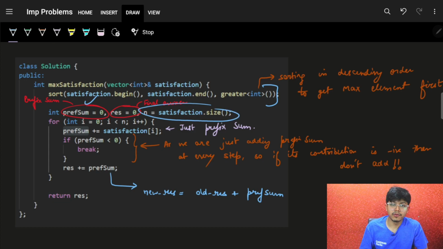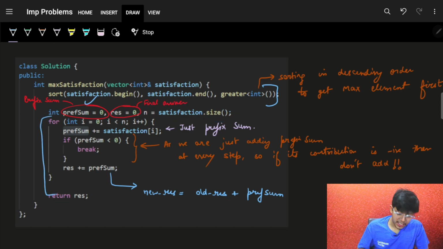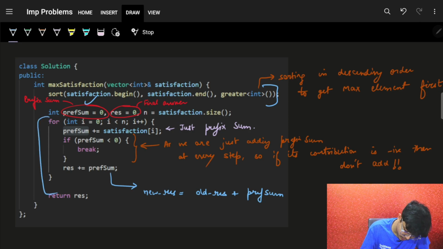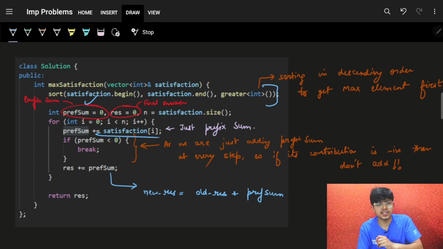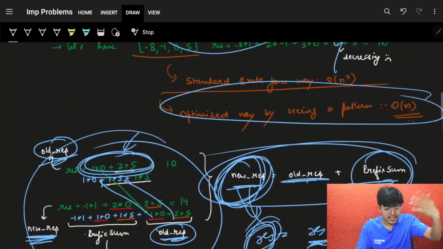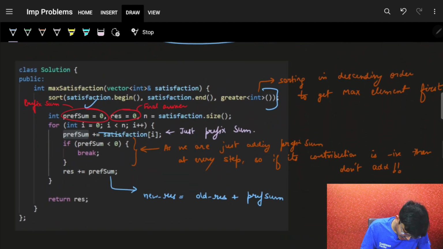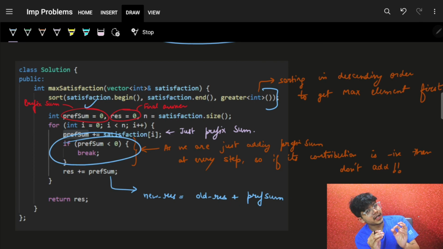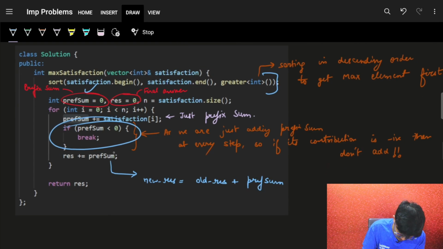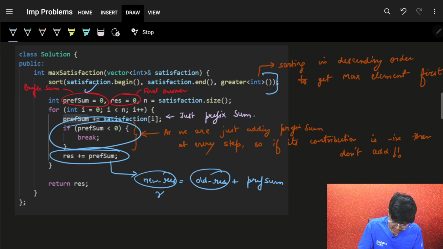The last variable was n. Again, I'll just move on to the loop where I will compute the prefix sum. It's nothing but the addition of the satisfaction values. I just keep on adding the satisfaction value, which means 5, 0, -1, and so on. If at any point of time my prefix sum goes less than 0, ultimately I know that my prefix sum needs to be added in my result. So the new result is nothing but the old result from the previous loop